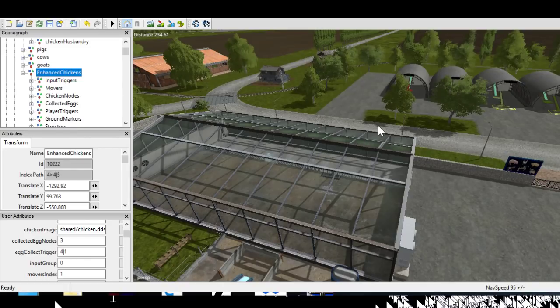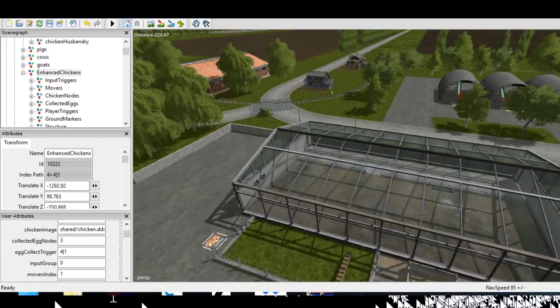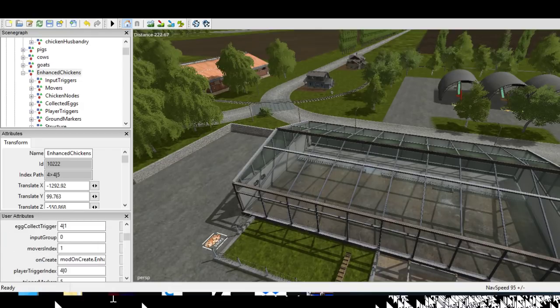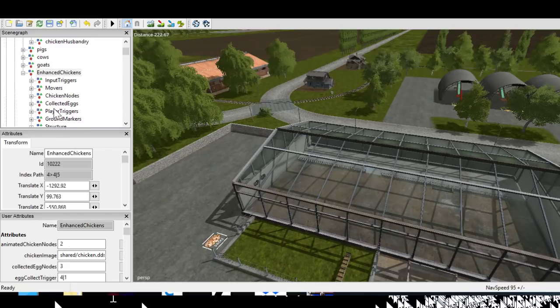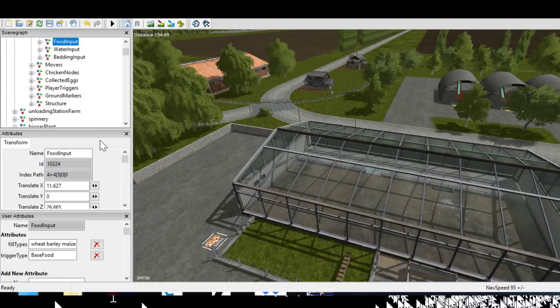So let's see. Come on. See, enhanced chickens. Mod on Earth. That looks fine. The inputs would be the chicken, the water. See, food input. So you got the food, the water, and the bedding. So you got to add straw. I forgot about the straw. And then go down here, there should be a